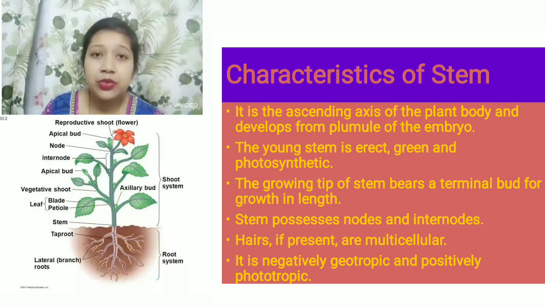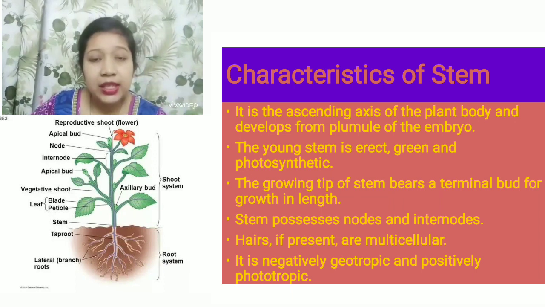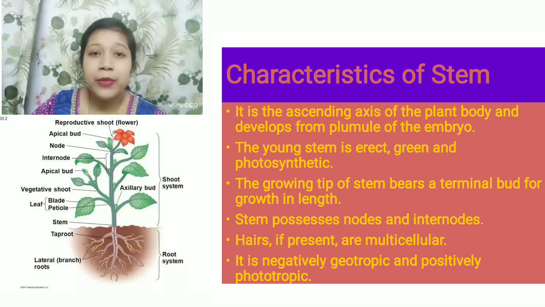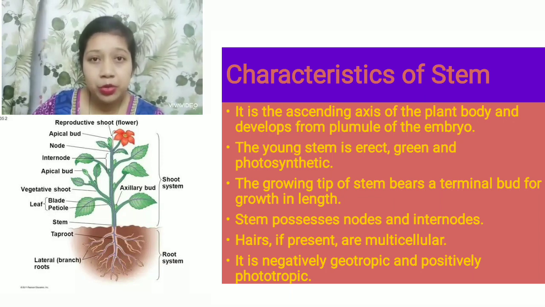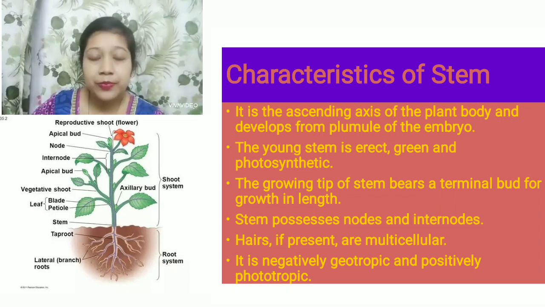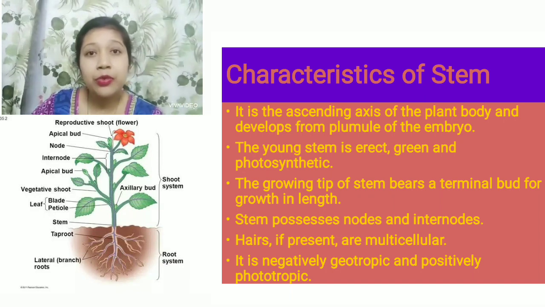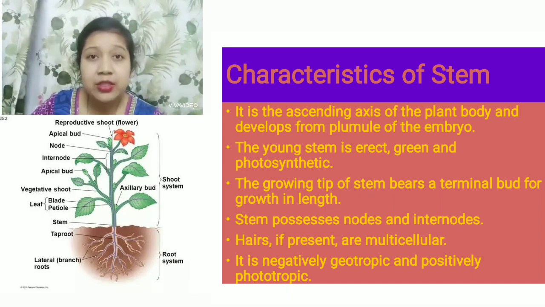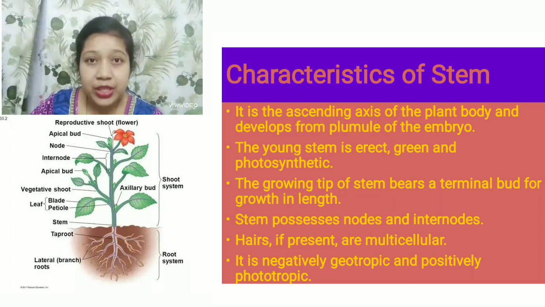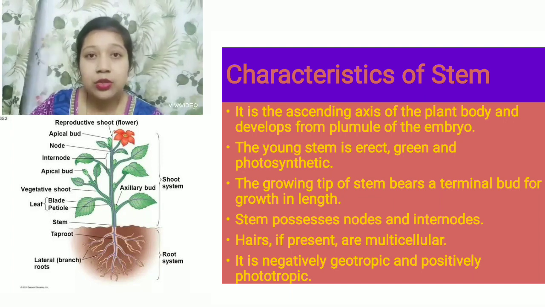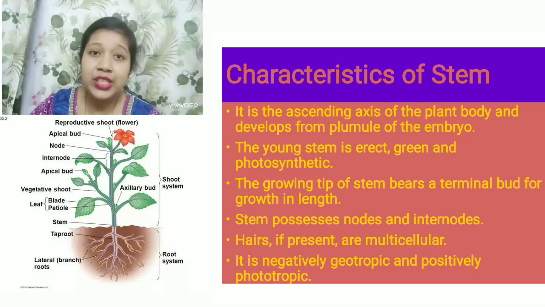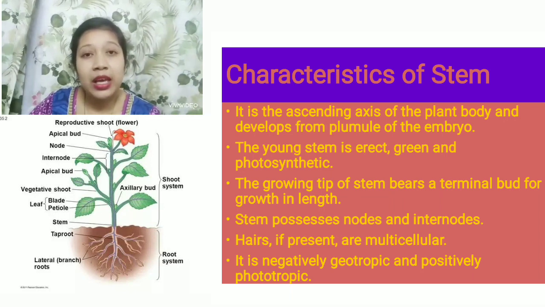That means when we try to break a branch, say suppose we are trying to break a branch, if it is a matured one, or the cells have become matured, we can easily break that branch. That means it doesn't have its origin from the inner side of the plant body or from the inner side of the stem. It is attached to the plant body at the nodes from the outer side. Therefore, it is called exogenous. That means towards the outer side in its origin. So the branching is always exogenous in origin.